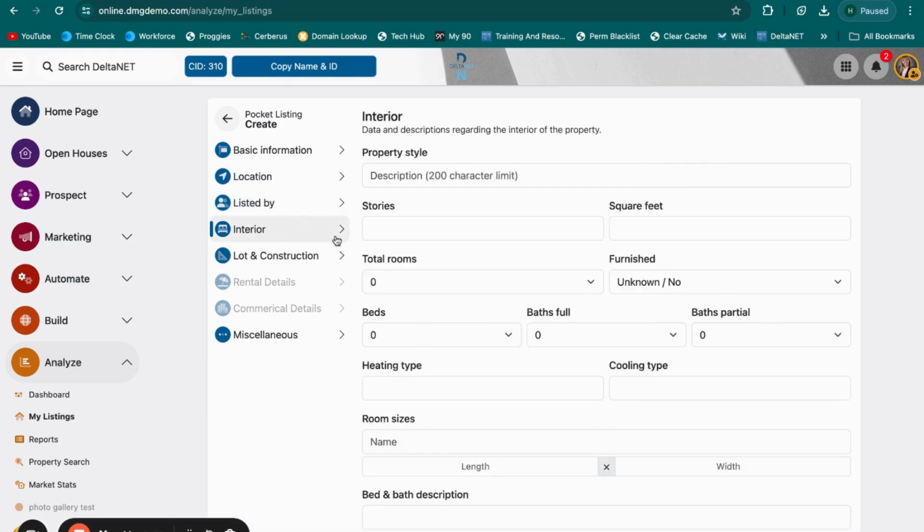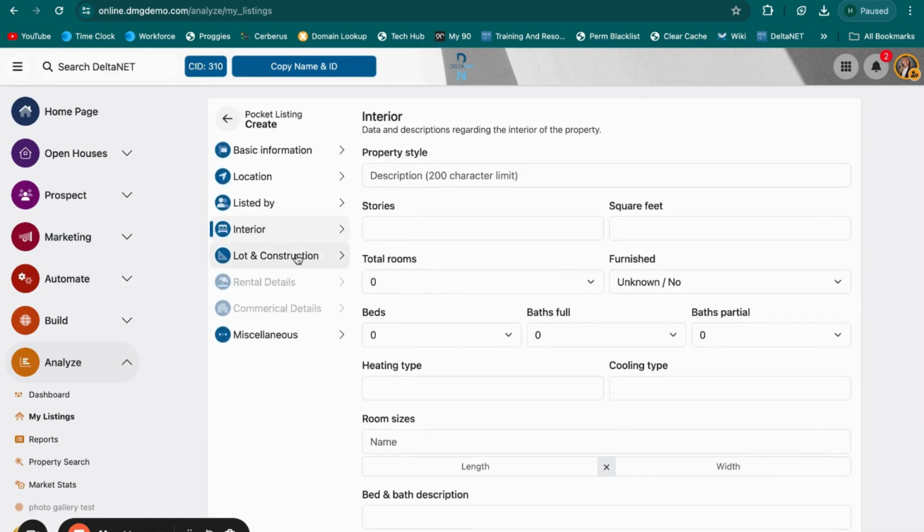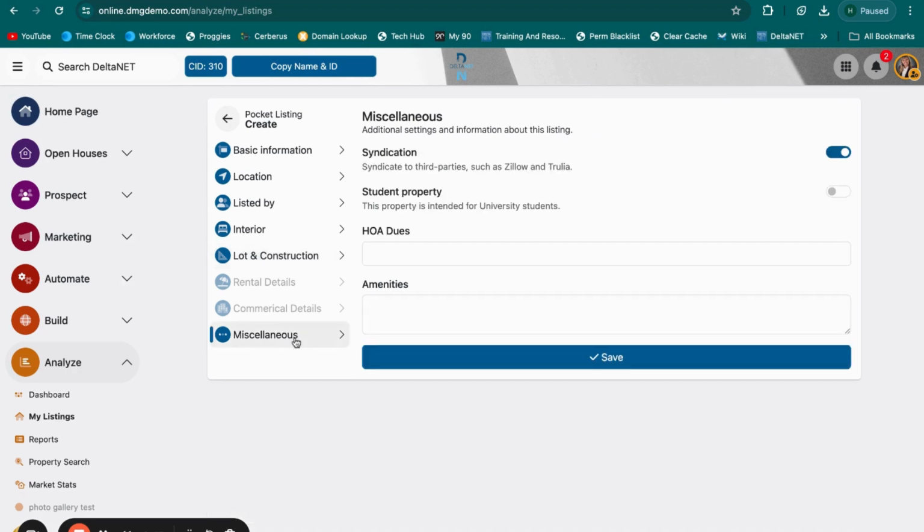You can come to the Interior tab and you can add more details about the interior components of this home. Under Lot and Construction, you can add the year built as well as the square footage, the water type, the sewer type, the garage size, etc. If this is a rental, there will be rental details available, and if it's commercial, there'll be commercial details available. And then there's miscellaneous,